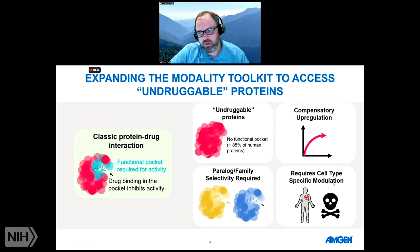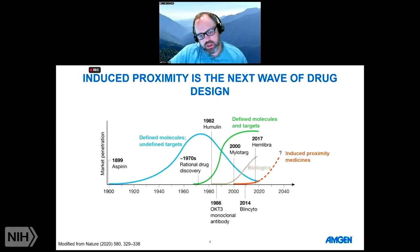Or finally, think about the concept where many targets, although they may be druggable, are just not good targets because of safety and toxicity concerns. You heard a little bit about that concept in the last talk. But what if you could drug those kinds of targets in very specific diseased tissue or cell populations, so that you could overcome this general toxicity issue and instead target the right place? Again, the use of induced proximity, where you rely on effector proteins that are highly specialized and specifically expressed in the relevant population, is one way to allow you to engage these kinds of targets. So we really believe that this concept of induced proximity is the next wave of drug design